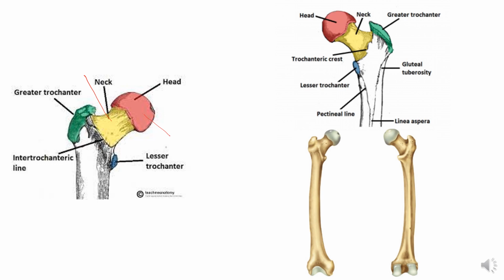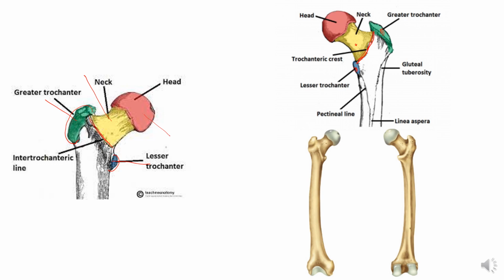The upper part of femur also includes two projections called the greater trochanter and the lesser trochanter. And there is a line in between which is known as intertrochanteric line. So these projections give attachment to the muscles. And this is the posterior view of the femur, showing again the head, the neck, the trochanters, greater trochanter and the lesser trochanter. And there is an intertrochanteric crest here, a thick border which is known as intertrochanteric crest.